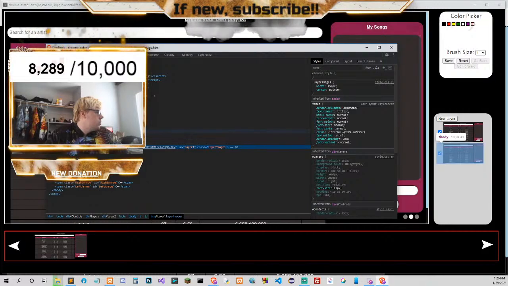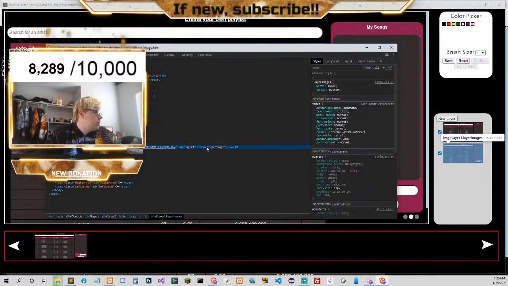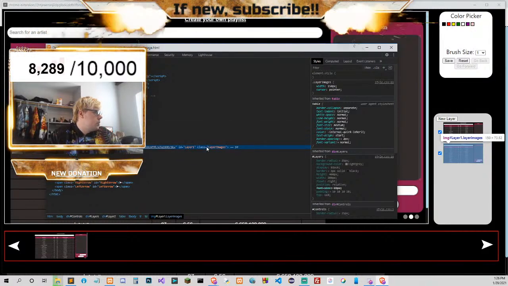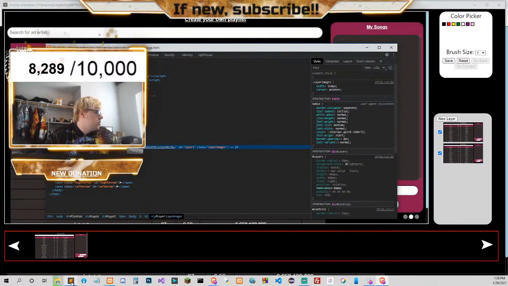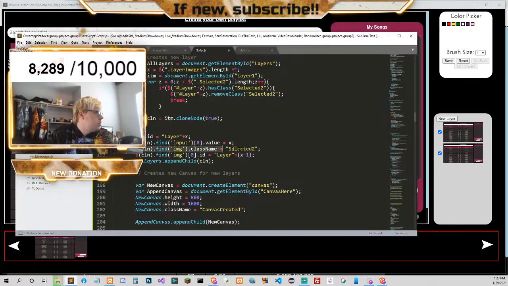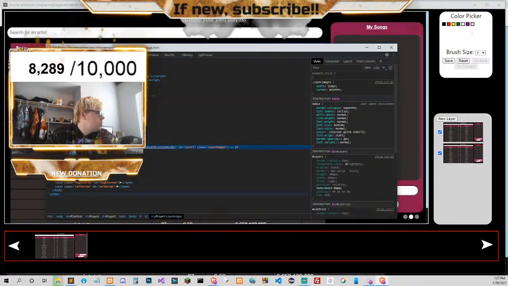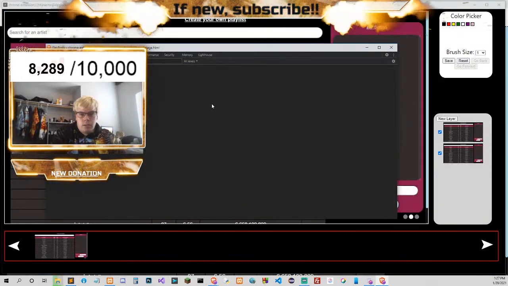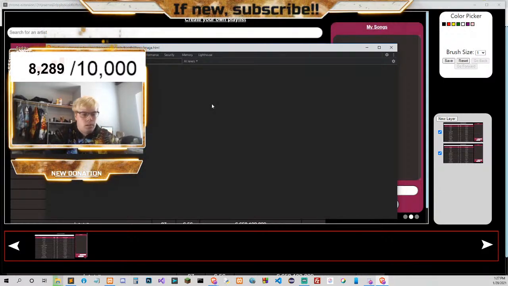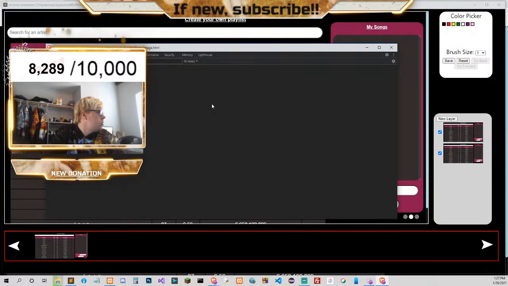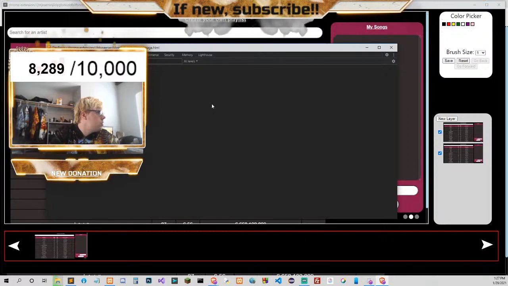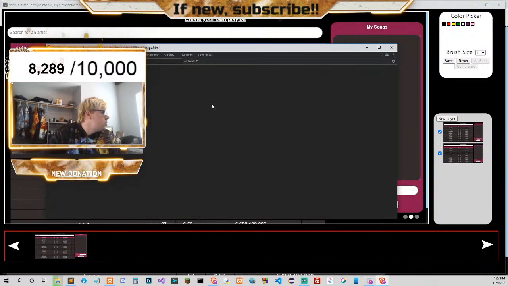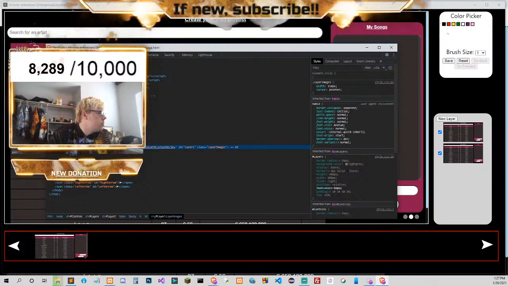So this is the first one, class layer images. So if I do this, hold on. I could literally do this dot. Right? It's layer 1, right?